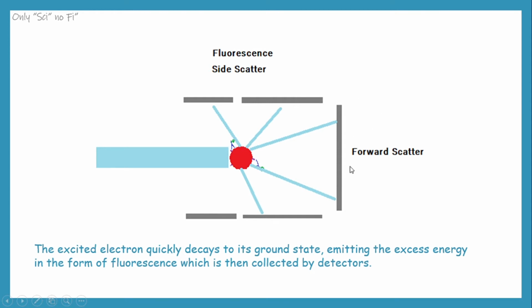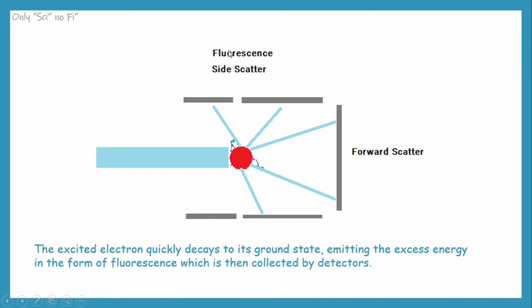Now, as I already mentioned, forward scatter is detected by the detector. There are side scatters at 90 degrees to this particular setup. And then there is also another detector which measures fluorescence emitted by this particular isotope. That is, when the laser beam is bombarded, the electrons get excited. Now, while coming to their ground state, they emit excess energy, which is in the form of fluorescence